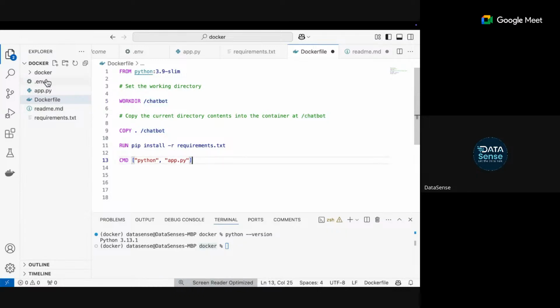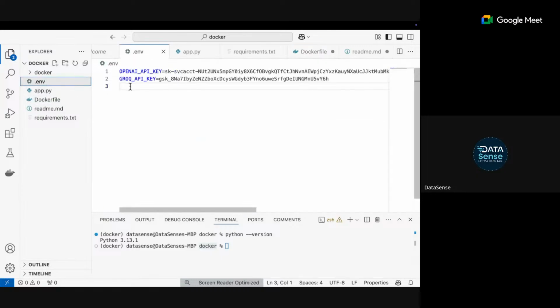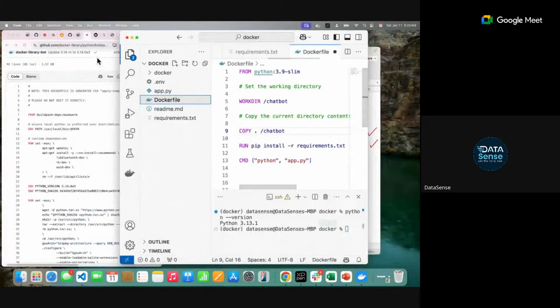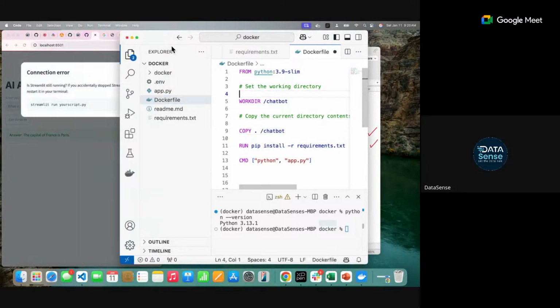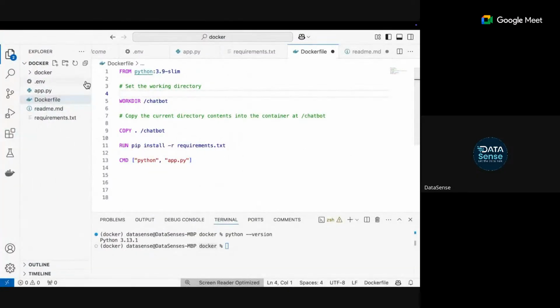Now there is one problem with this. Before I run anything, can someone tell me what the problem is? The code is correct, this part is correct. There's one problem. If you see, I have a .env file. What did I tell you about images? You will create Docker images and pass them on here and there. People have uploaded images and things here and there. Now this .env file contains your passwords, your API keys, right? Do you want to share them with anyone?